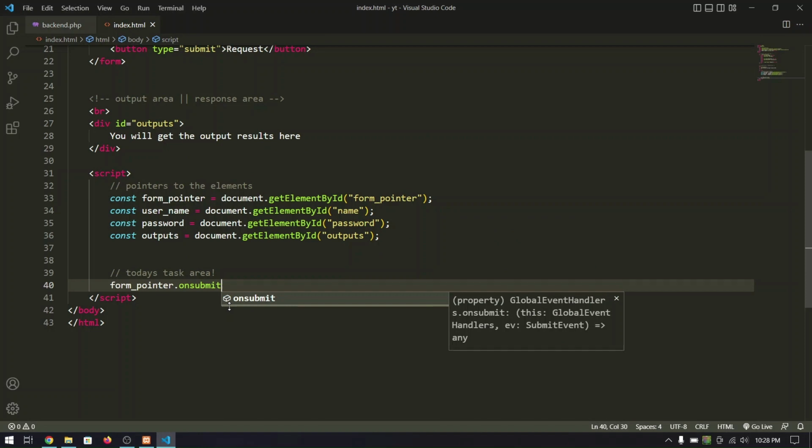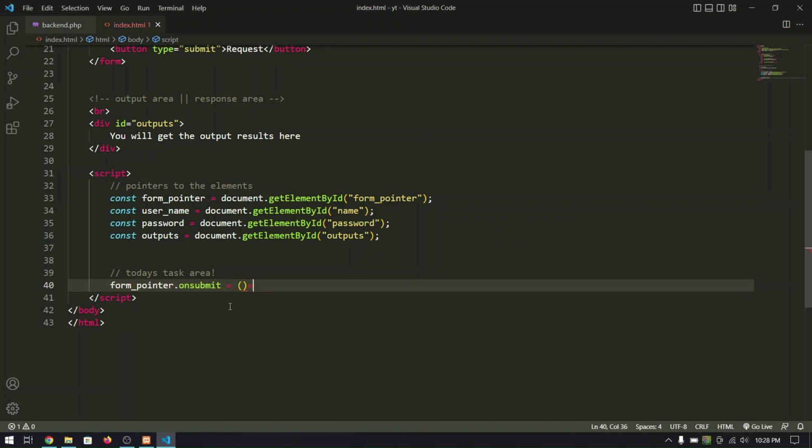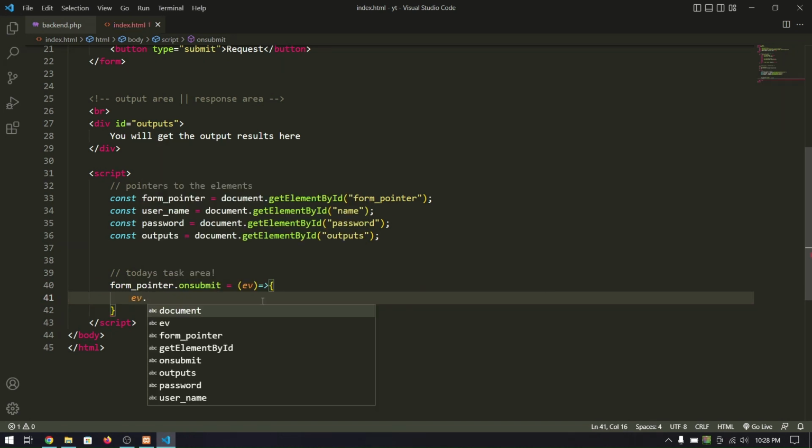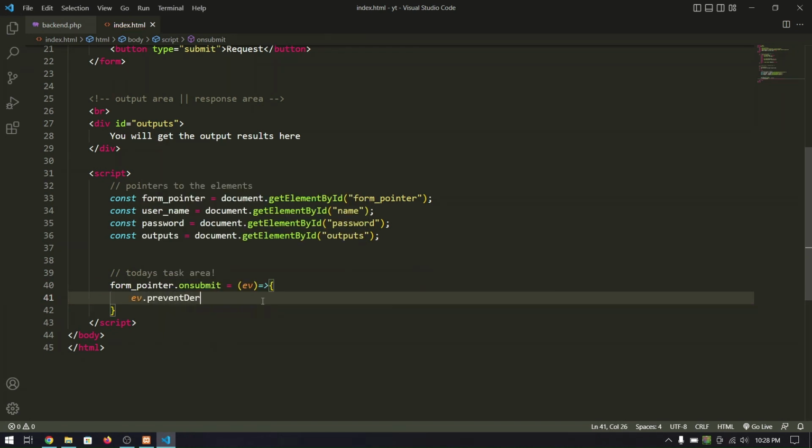There will be a function, and this function will take a variable. I am just typing here ev, which stands for event. So I will type here ev dot preventDefault,